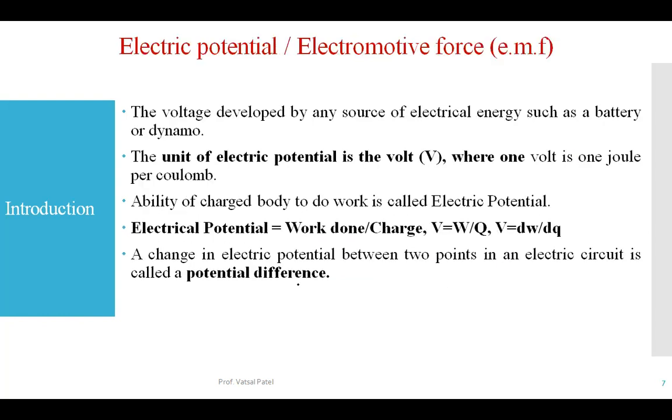Also we discussed the electrical potential and the EMF, according to the value of work, or the electrical energy. As we have the battery or the dynamo as the source of voltage, whatever electrical potential you identify, the unit is volt, and 1 volt is equal to 1 joule per coulomb. So it is W by Q, and any charge's ability to do work is known as the electrical potential.